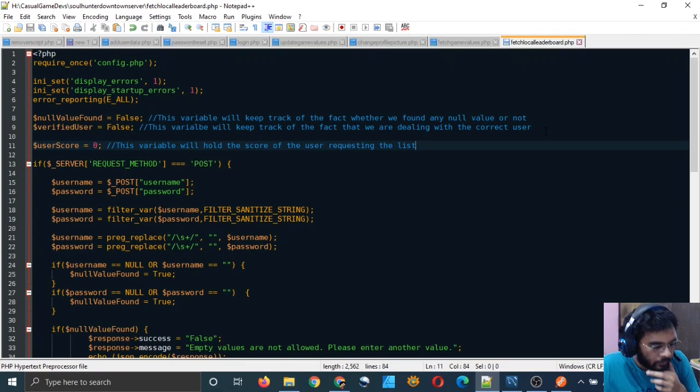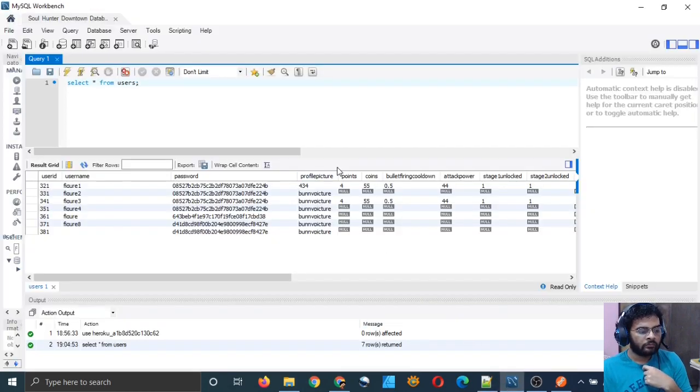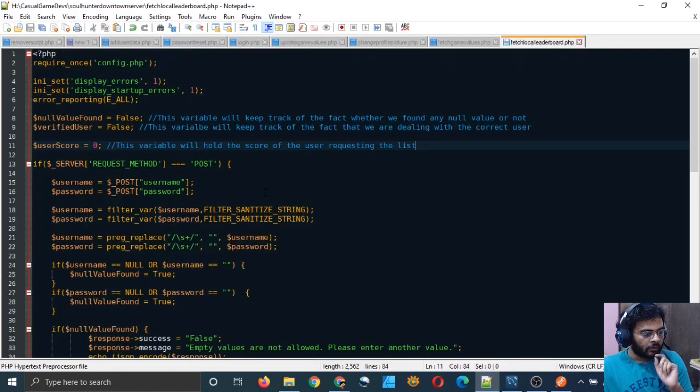I will now check something. No, but that will not be very good. In order to do this, I think we will have to arrange our data in ascending or descending order using the points field, I guess.